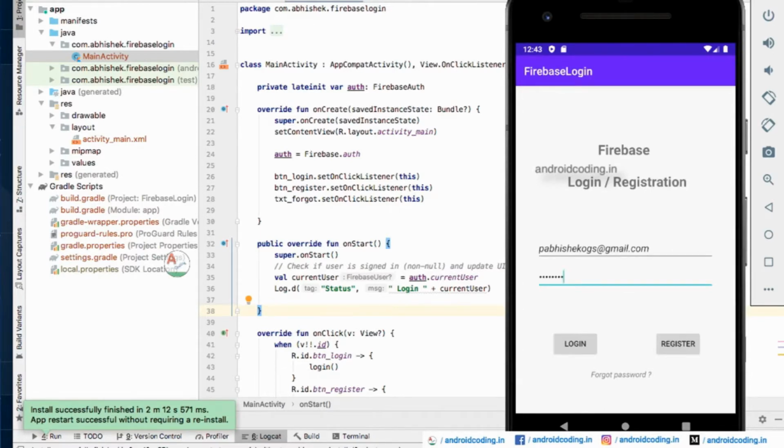You might provide anything over here. Why am I providing a Gmail address? Because here I will also be getting a forgot password link, right? So it's not necessarily Gmail, Yahoo, any email ID you can provide.